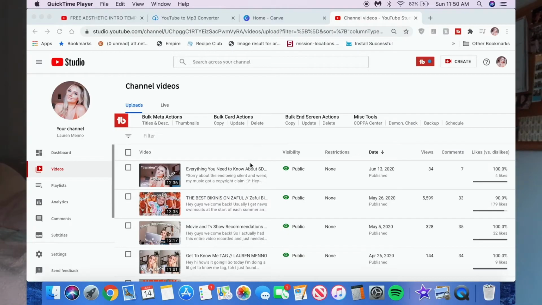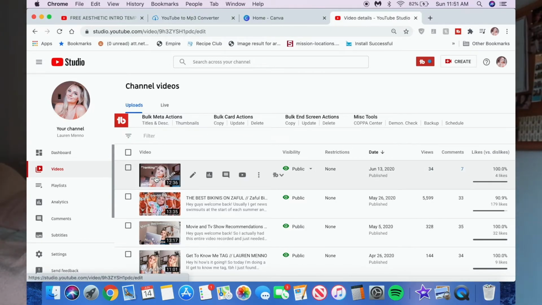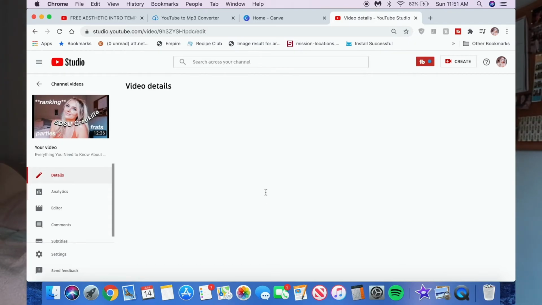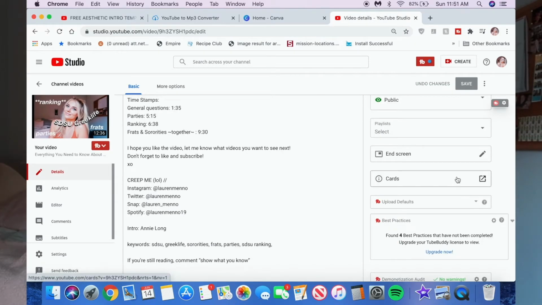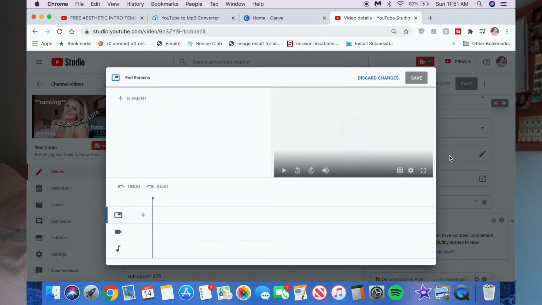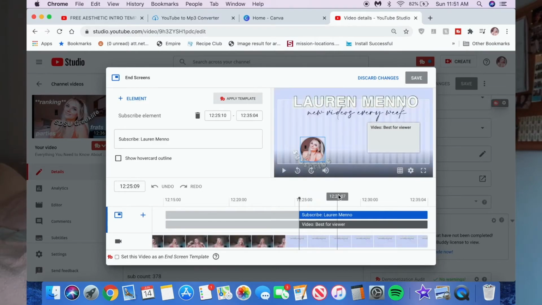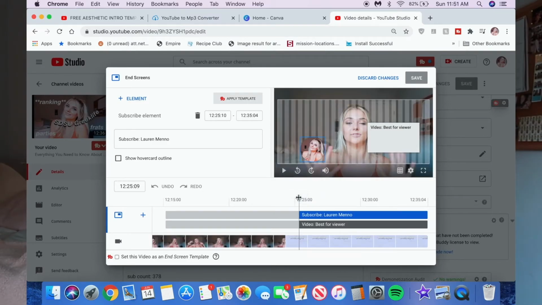The last couple of things I'm going to be talking about are miscellaneous things. That's my Instagram handle I have popping up, the watermark I have in the bottom right of the screen, and the end screen. Starting with the end screen, it's super, super simple. All you need to do is open up your YouTube Studio, and then you want to click on whatever video. Usually you do this as you're uploading your video, but for this example, I'm using it as if I already uploaded it. You just want to go in and edit your video, and then if it's already uploaded to private or public or whatever, you just want to scroll to the right and hit end screen.